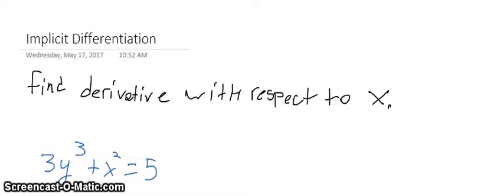This video will be on implicit differentiation. Now that we have learned the basic techniques for calculating derivatives when the equation is given in terms of y, let's explore how to take the derivative when y is embedded in the equation. We start by taking the derivative in terms of x on both sides of the equation, and then isolate for